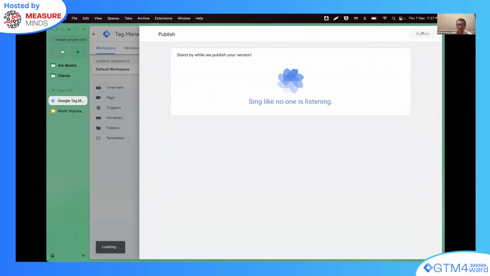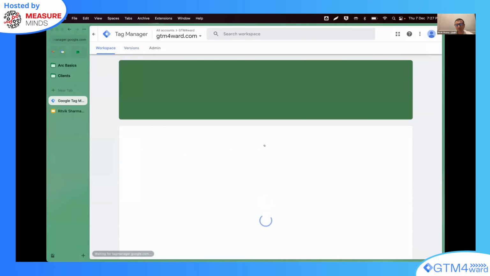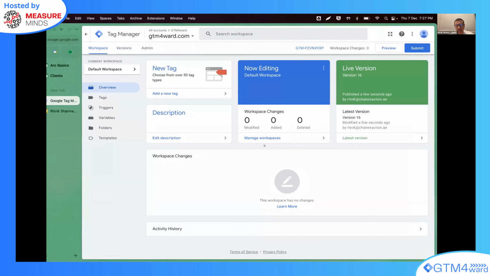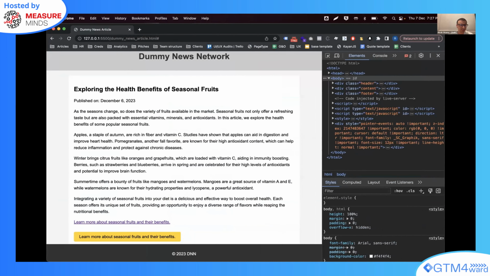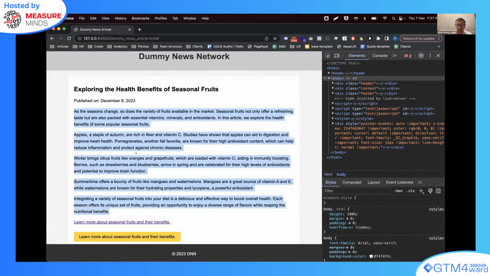And now what happens is when this is published and when I load the web page, that script as part of the GTM hack will fetch all the content, call the API that we created from Google Cloud here, and we can have a separate session, or you can discuss how this could be incorporated in Google Tag Manager if you want after this session, and eventually get the results we want from the prompts we defined in Google Tag Manager.